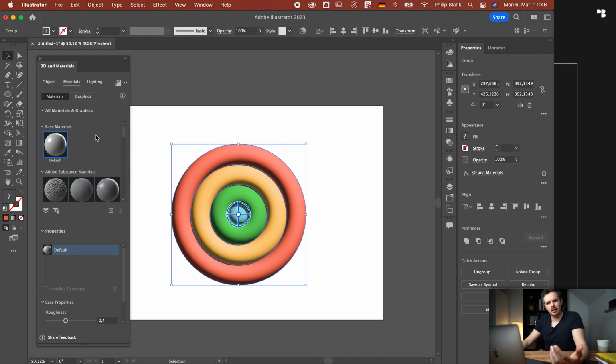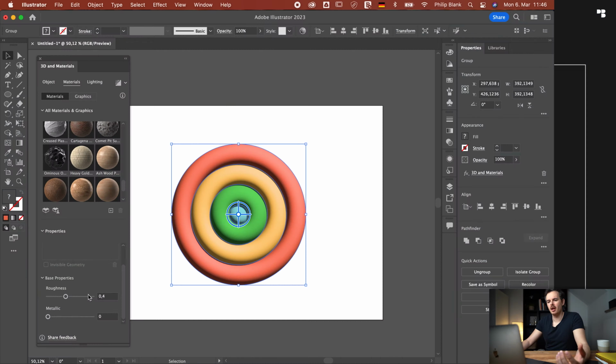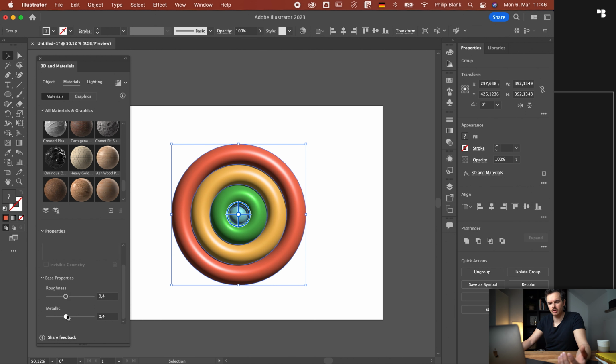Next up is the materials panel. Here you can apply different materials to the object and create different effects. I'm going to stick with the standard default at the moment, but if you want to have really high realism objects in a 3D space, for example, you would apply different materials to it. If you scroll further down, you have base properties, where you can, for example, increase the roughness or increase a metallic effect. We're going to increase the metallic effect a bit more here and then switch over to the next panel,